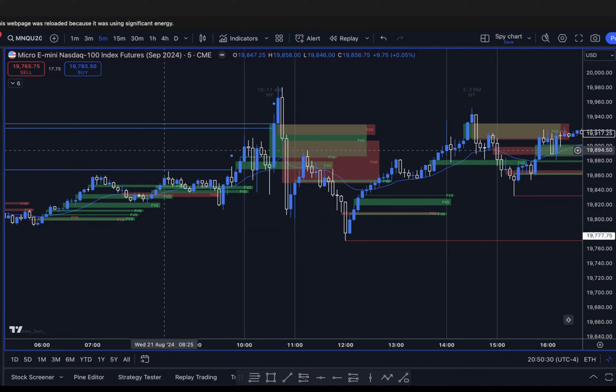On this day, I think it was Friday, I think we all got faked out. And I got faked on the 5 minute, which sucked. On the 5 minute, we came down. I got on this candle, stop loss here, and then SMT stopped me out by like a tick. And then it went my way. I got back in. But on the 1 minute,